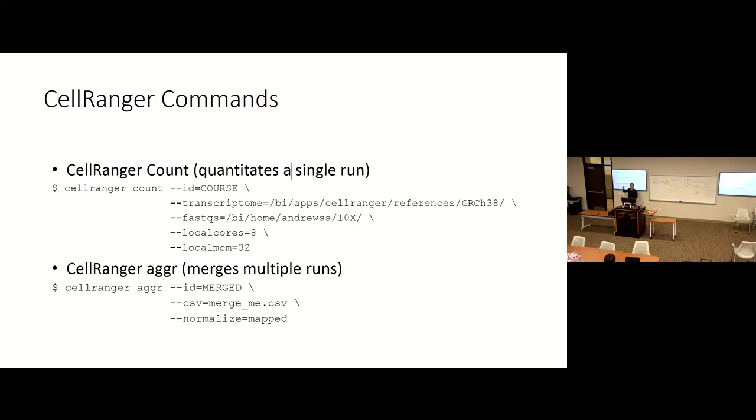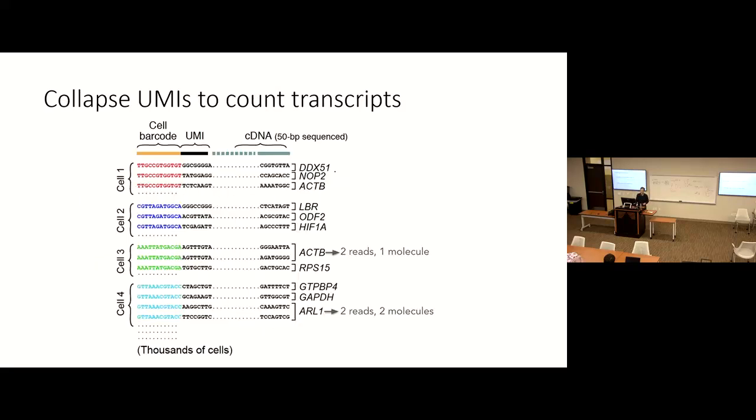You call this function, which has been installed on your Linux machine, and count, and give it the ID and where the reference genome is, the annotation, and also the reference genome FASTQ. That's a genome sequence, either human or mouse, and then how many cores and how much memory you use to do the mapping. This is the barcode system. Different colors tell you